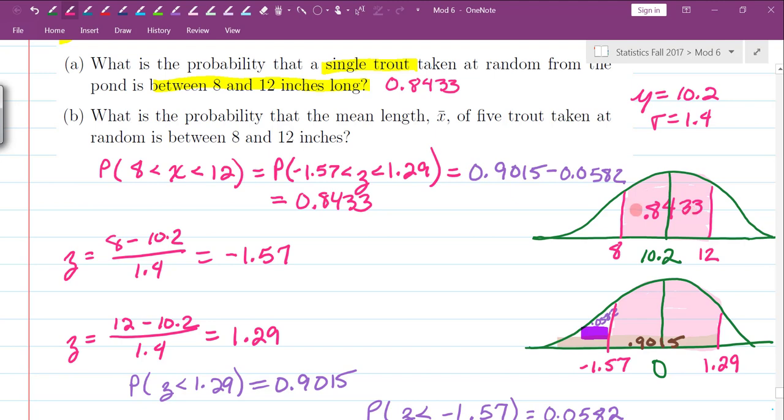Okay, we found this area right here all the way to negative infinity is 0.9015, and then we found that the area from this point all the way out to negative infinity is 0.0582. So we deducted from this whole thing this little bit right here, and it left the remainder in the pink area, which is 0.8433. Alrighty, let's look at